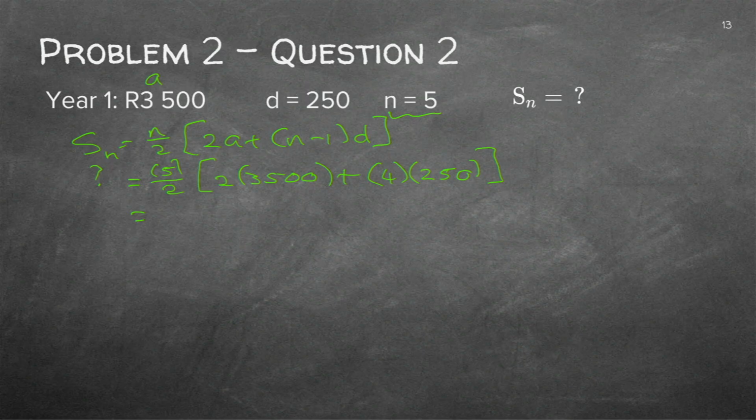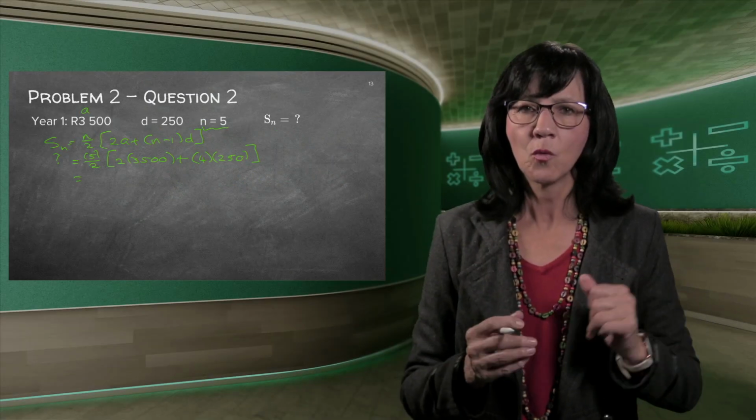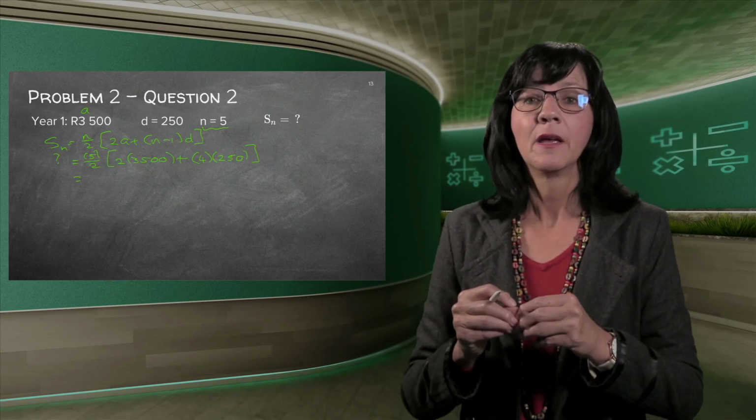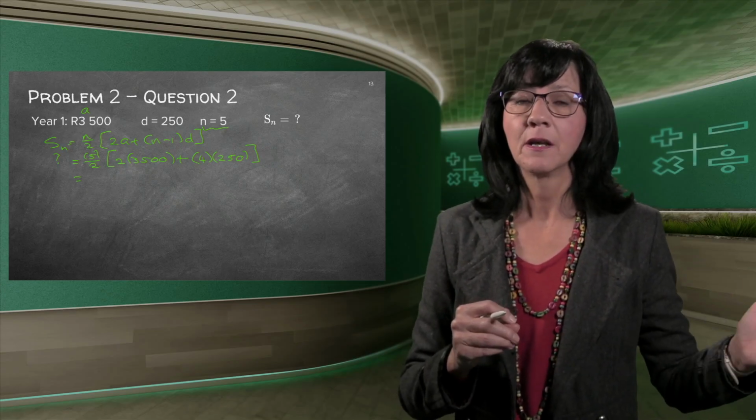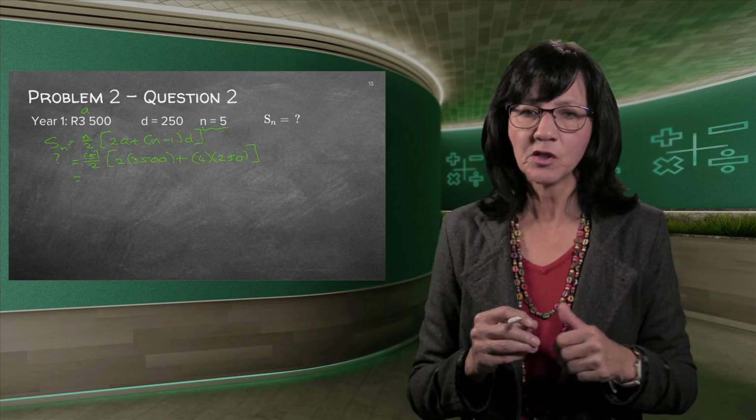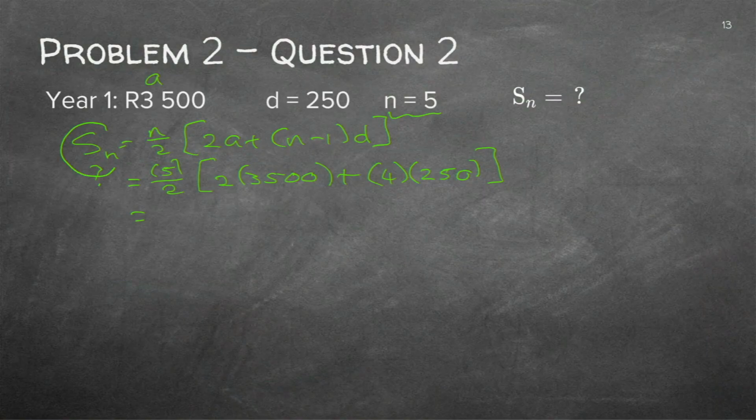We'll page there just now and see what the formal answer is. But I'm going to take it off so you can do it on your own, because the most important thing here is to pick which formula must I use. So make very sure that you understand they did not ask in the 5th year what did he spend. They asked at the end of 5 years, what in total did he spend? And that's why I used the S N formula.